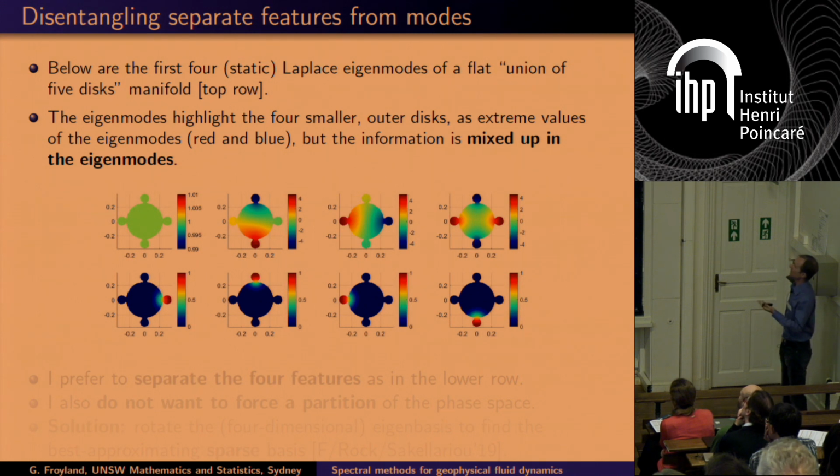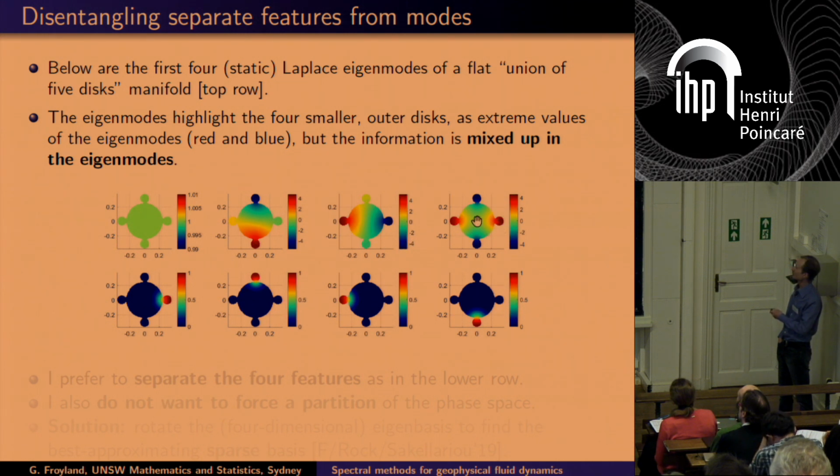Here's a toy example from geometry, so there's no dynamics here. I've made this artificial manifold where I have a large disk and I glued 4 small disks around the outside, and then I just applied the usual Laplace heat operator to this manifold with Dirichlet boundary conditions. And so the first 4 eigenfunctions you see here, the first is constant, and then these are the next 3. And you see that it's trying to highlight these little disks that I glued to the outside. Right? And they are highlighted in different ways.